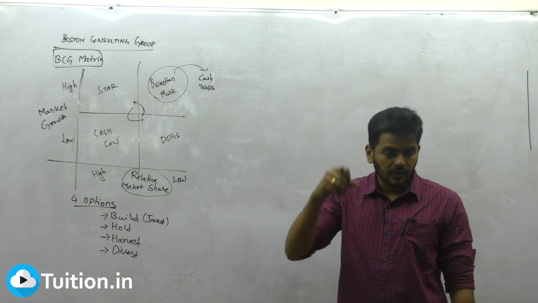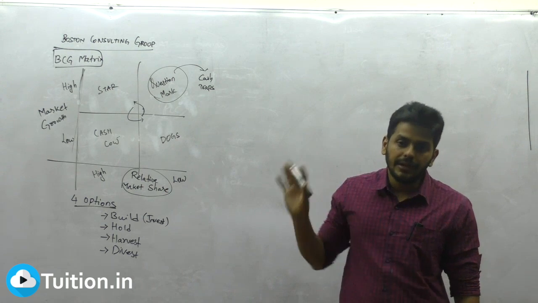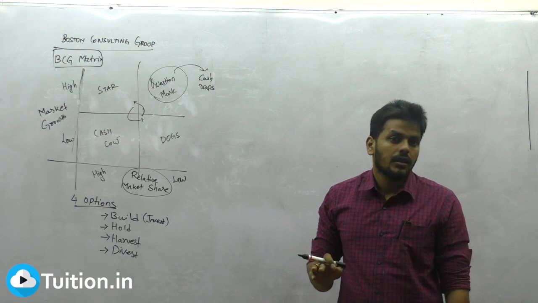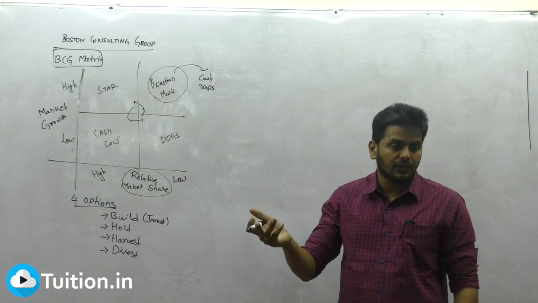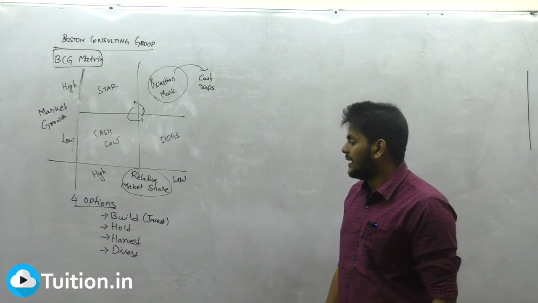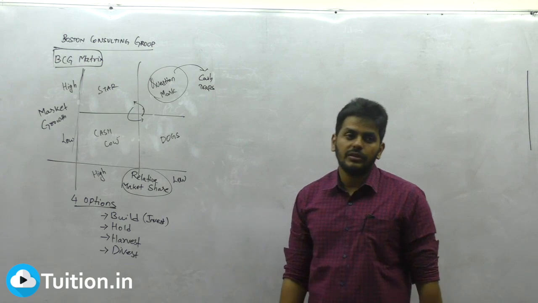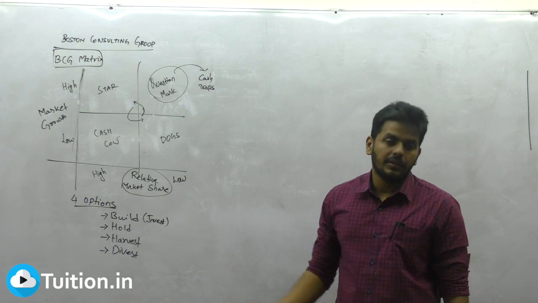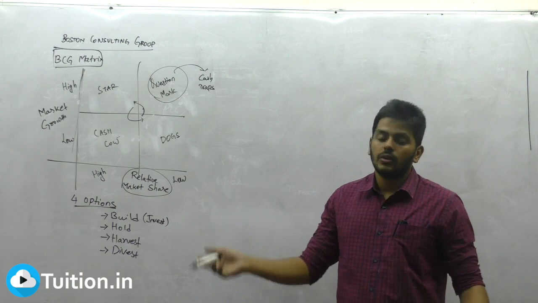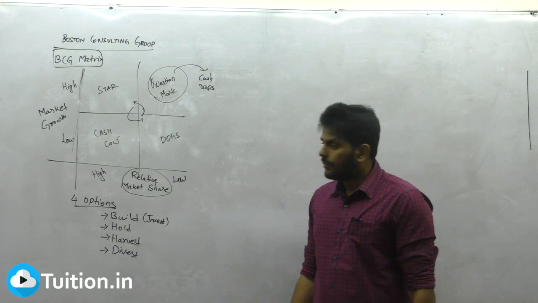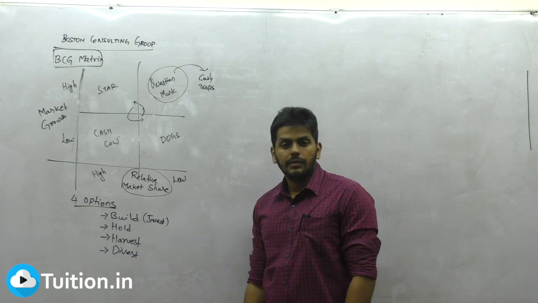Sell a portion of a business or sell something. I want immediate cash flow, maybe selling assets, liquidation for cash. And divest is to sell or liquidate the business because you can use it as a better alternative elsewhere. That means there is a better opportunity, and you can use it there. Everybody, are you understanding? Now, let me ask you one question.